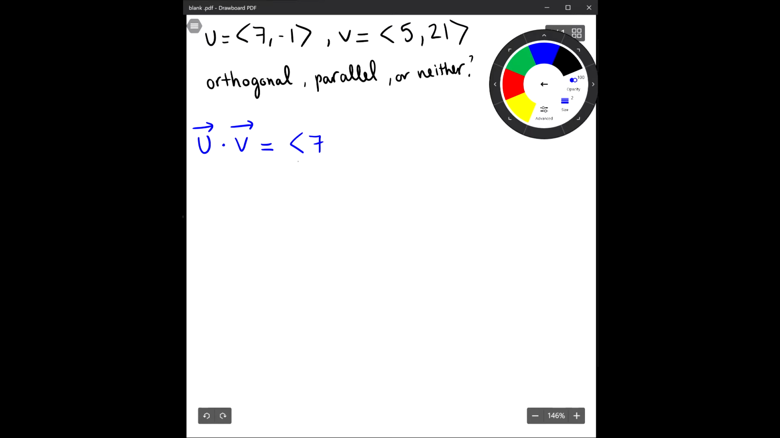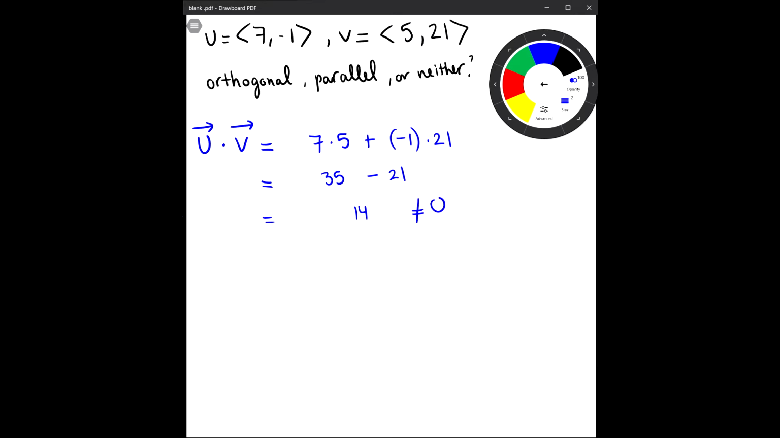7 times 5 plus -1 times 21, and we simplify it, so we have 35 minus 21 equals 14. Since 14 is not equal to 0, we can conclude that the two vectors